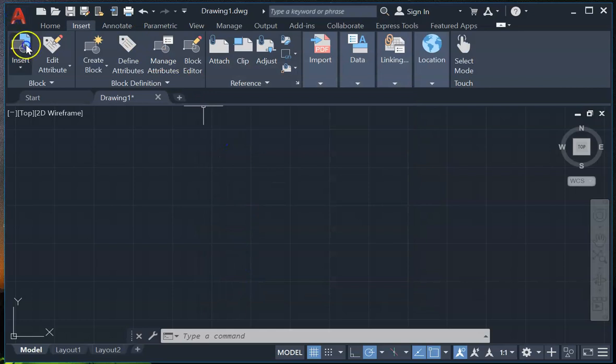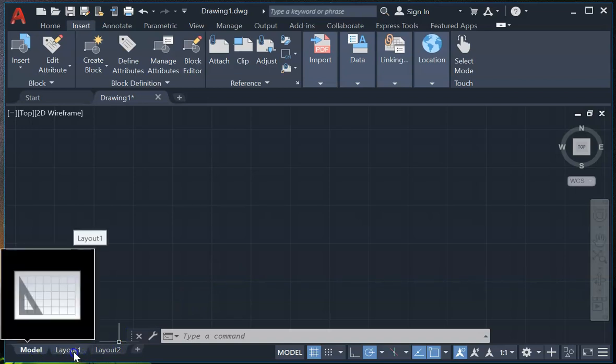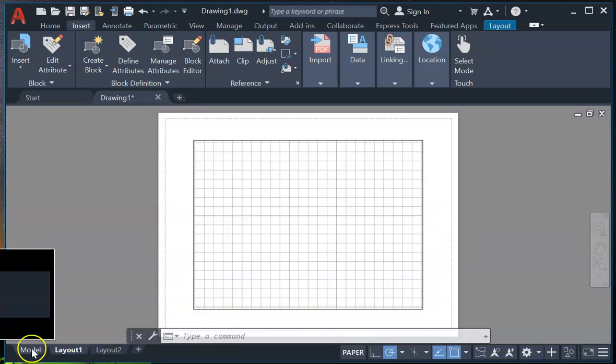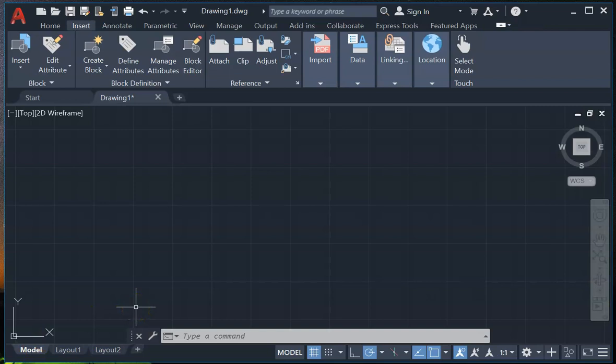The other place I can look at my drawing setup, you can see here, I'm in model space. So in AutoCAD, there's model space and there is layout space, also called paper space. Model space is where you are going to draw or model your foundations, anything that has to do with your model. Whereas layout is going to be essentially your title block. It's going to give you your information about your drawing: the title of your drawing, who drew it, when it was drawn, what the scale is. That's going to be in layout, but model is going to be where you're going to draw everything,